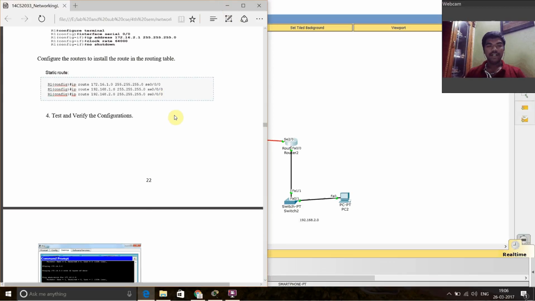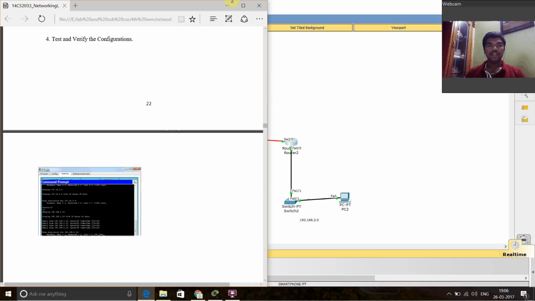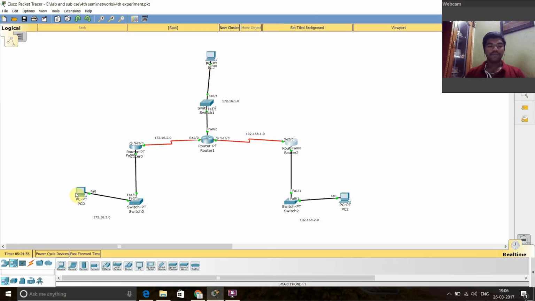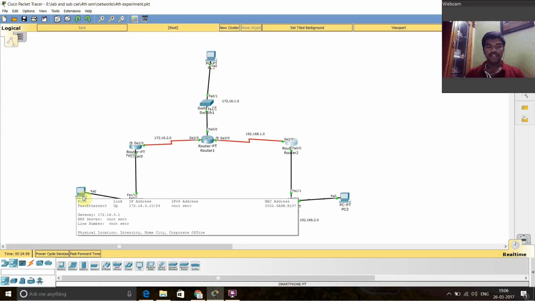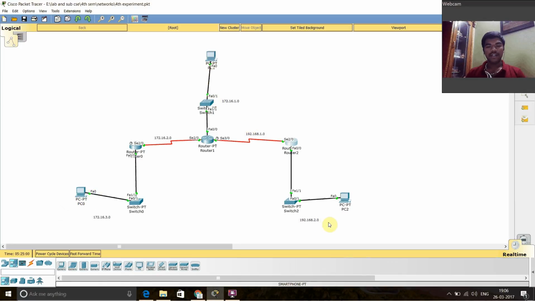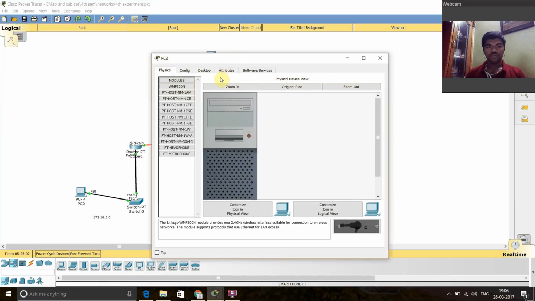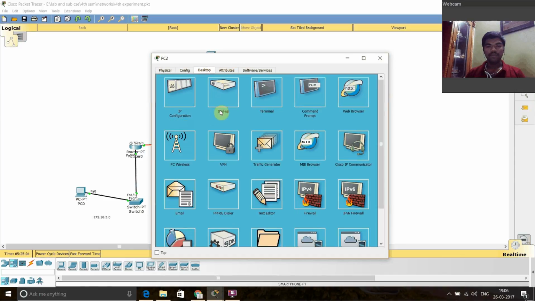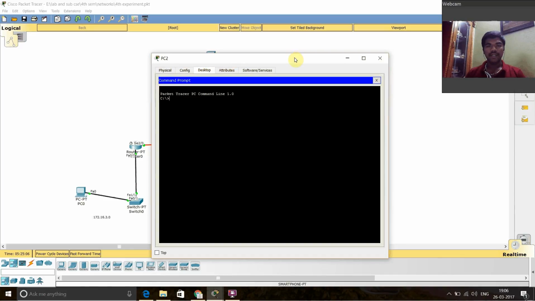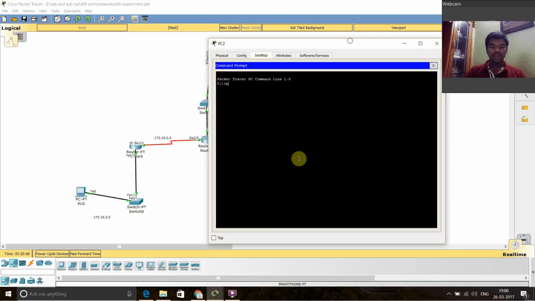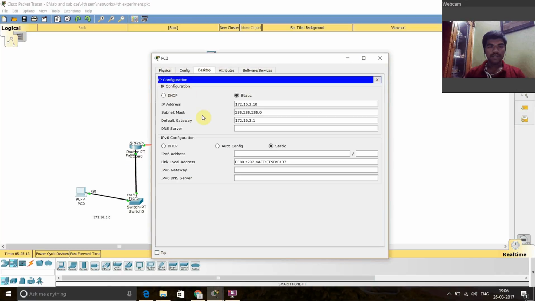After it, we need to test. So for testing, what we need to do? We already initialized the IP address for every system. So I go for this PC2. I go for desktop, an option called command prompt. In command prompt, I use ping, and so I just see this IP address of this. So IP address is, I just copy it